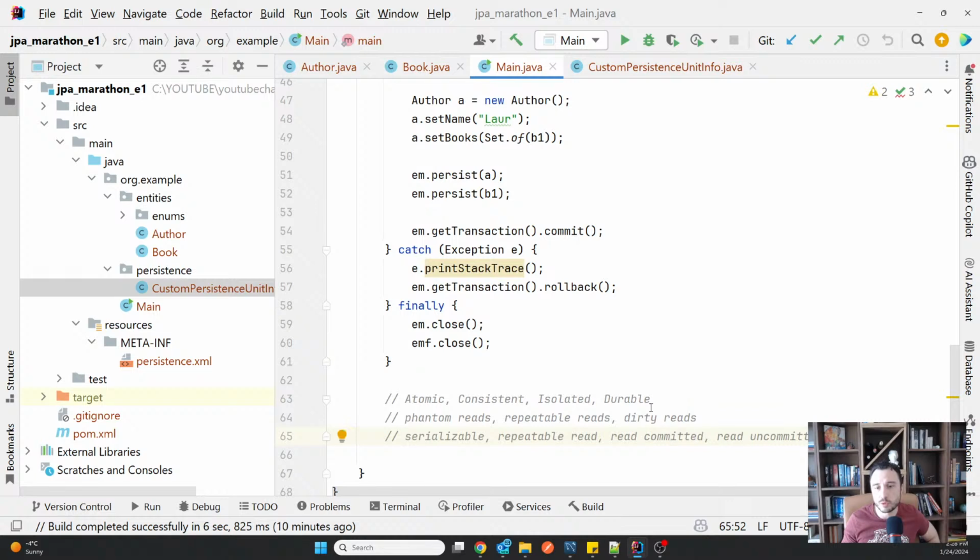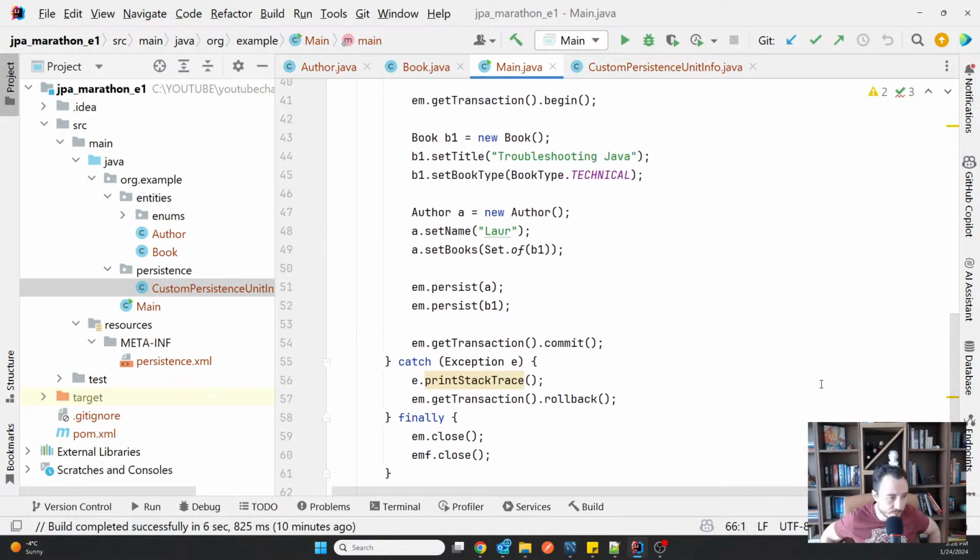And then, of course, the durability, saying that whenever something commits, it remains persistent, so it ensures persistence in the data. But all this will be the same regardless of whether you are using vanilla JDBC or Hibernate. So that's everything I can say about them.